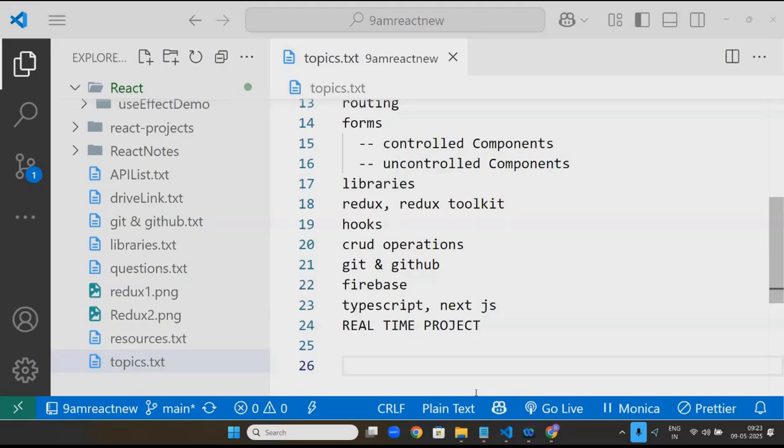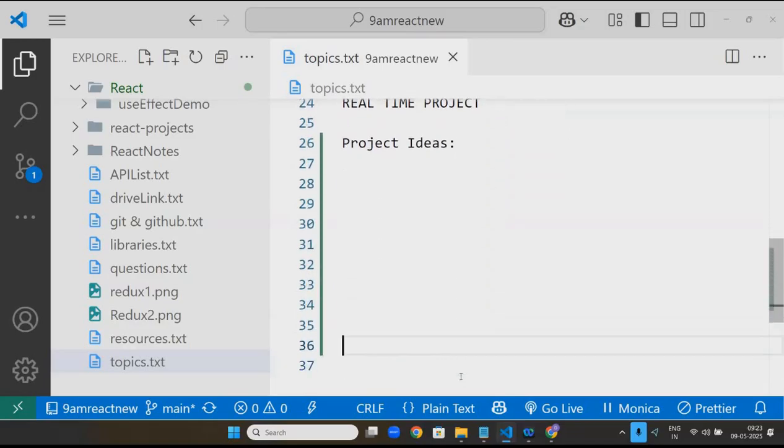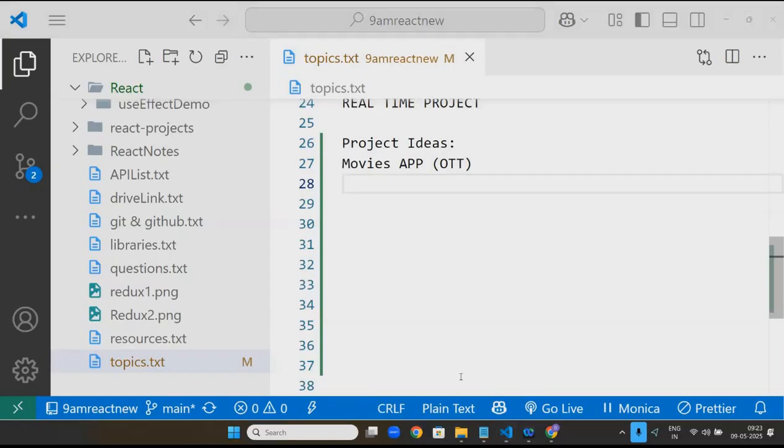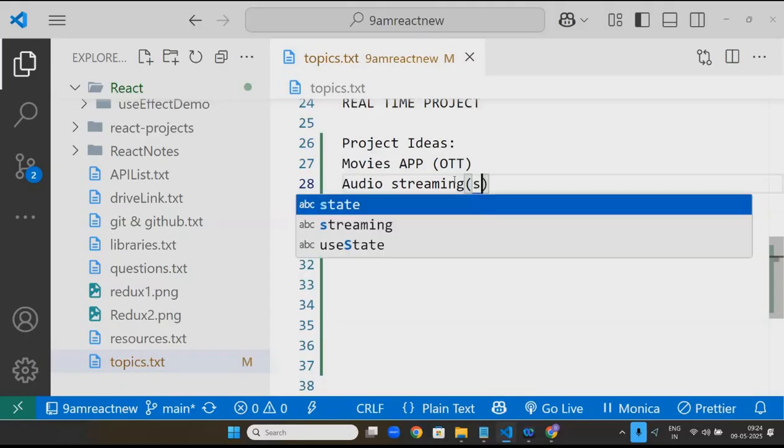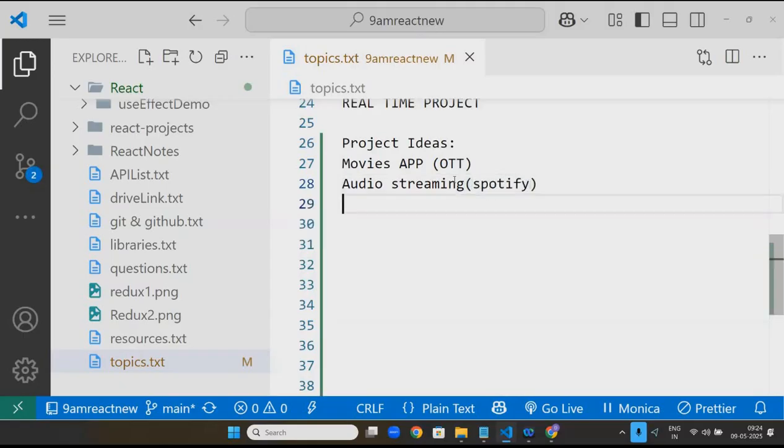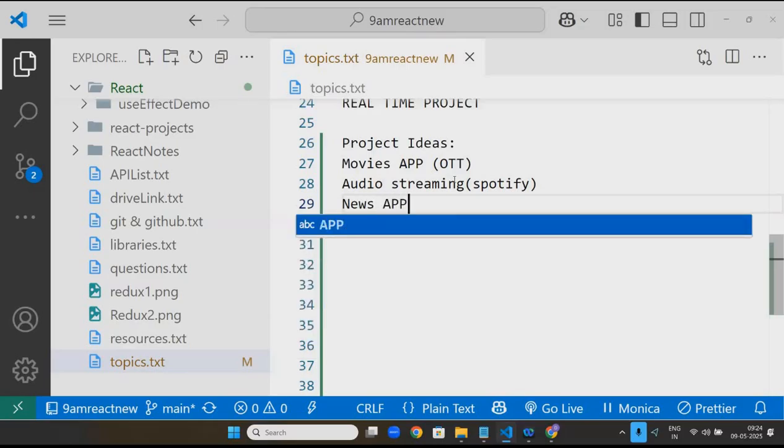I will give you some project ideas. Such as, you can make something like a movies app, which is like an OTT, audio streaming, kind of Spotify, a news app, so that people will type and they will get some kind of news broadcast,